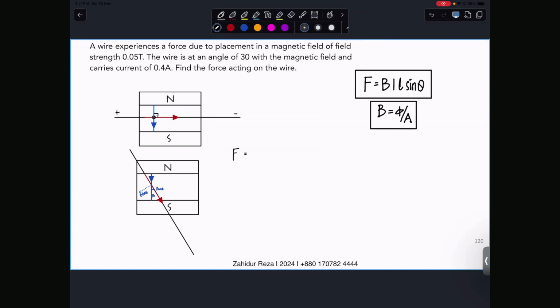B is 0.05, so 0.05 into sine 30 into what is the current going to be? 0.4